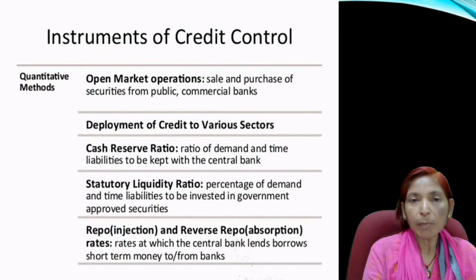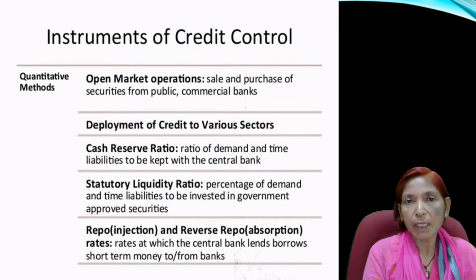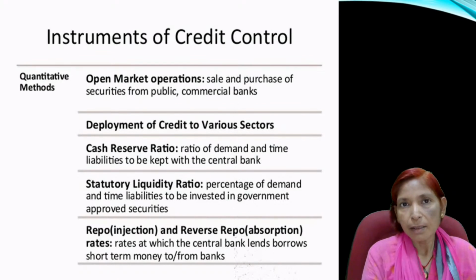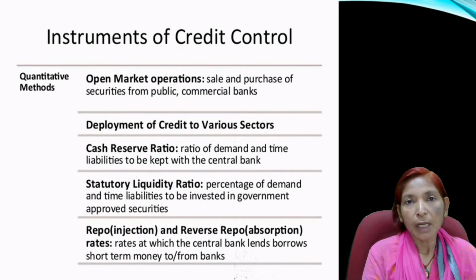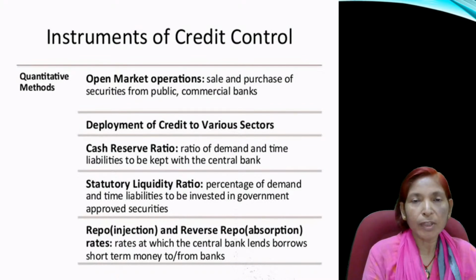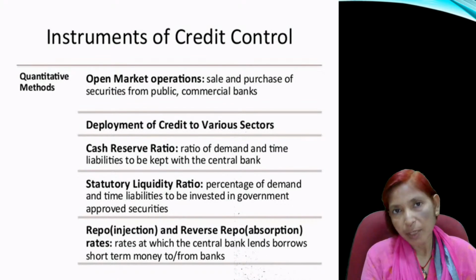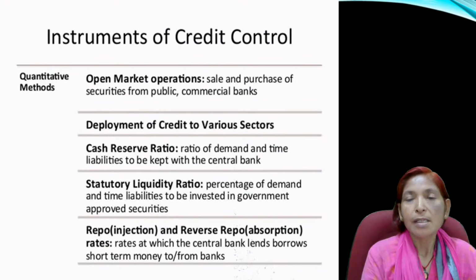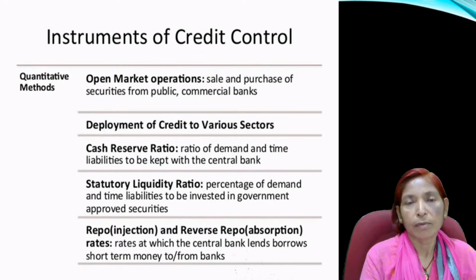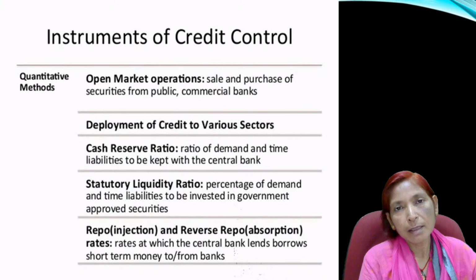So when the public deposit their money in commercial banks, then each and every commercial bank has to keep some fixed amount, in a fixed proportion of their deposited amount, daily with the RBI. So this is known as CRR, minimum reserve or cash reserve, and the ratio is fixed by the Reserve Bank of